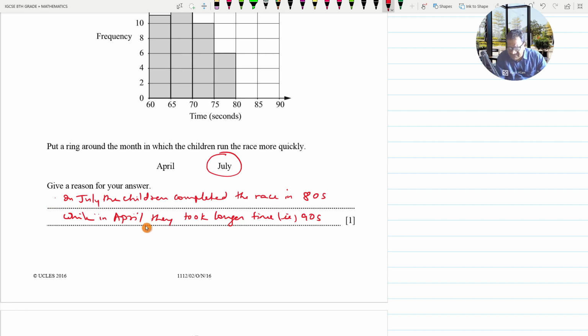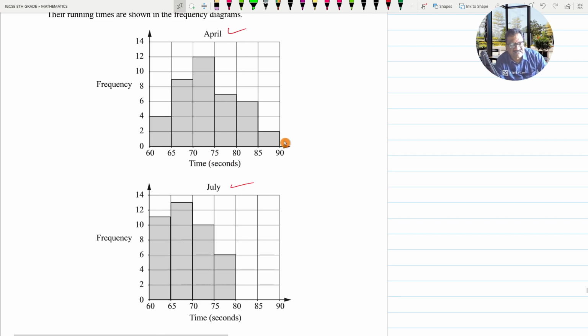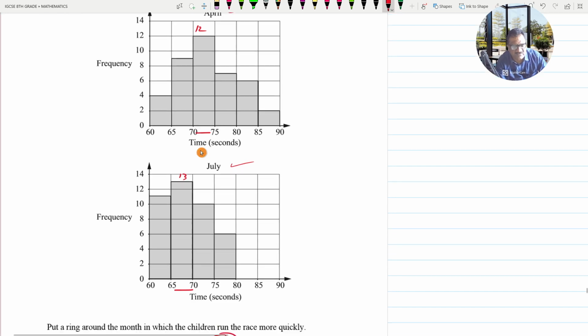Now there can be many other reasons that you can write. Like you can go for the modal frequency also. Now see, this is the highest frequency in the month of April when they participated in the race. It was 12. Okay, so the modal frequency for this is the highest frequency, isn't it? So this highest frequency corresponds to 70 to 75 seconds, right? So this another reason also you can give, and for this the highest frequency is 13. Okay, and this corresponds to 60 to 65. So this can be another good reason that